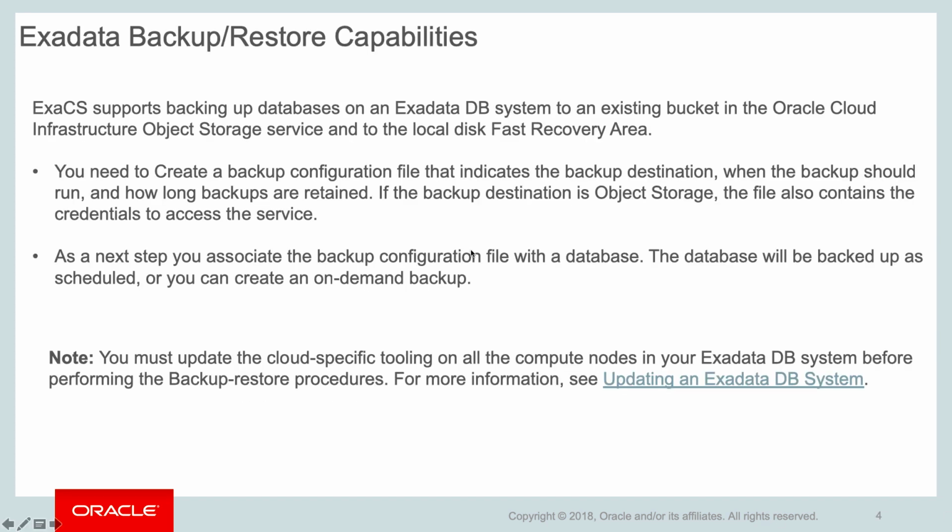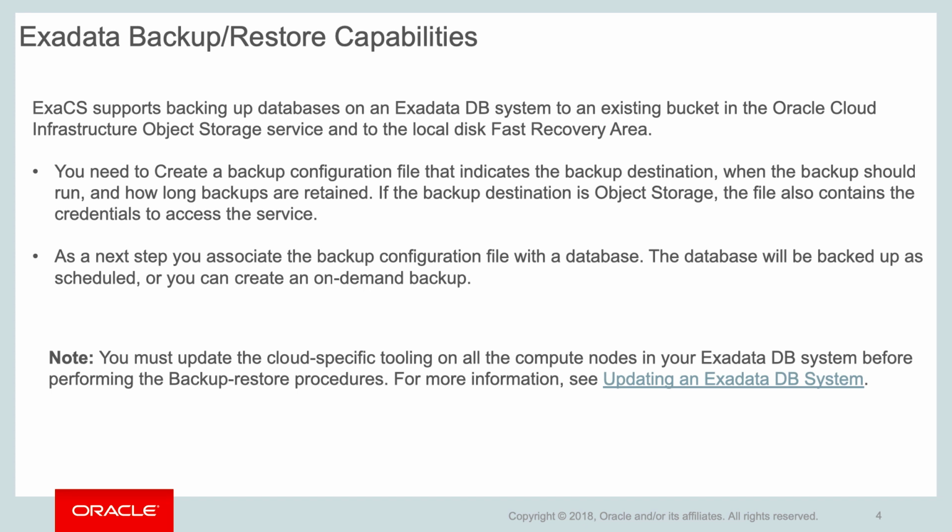So Exadata supports backup of a database with basically two options. One is in the object storage bucket, which is known as cloud backup. And the other option is a local backup, which is done on the recovery area, which we configure with Exadata Cloud Service provisioning. So you need to have a backup configuration file, which will specify the backup destination and